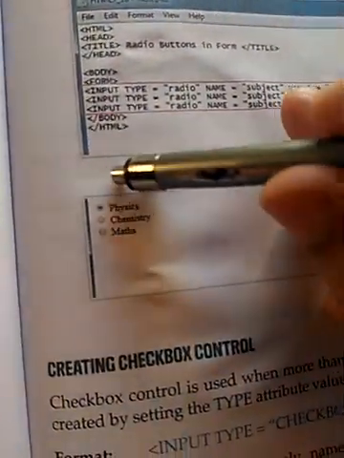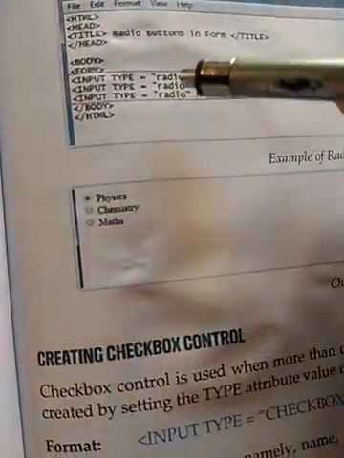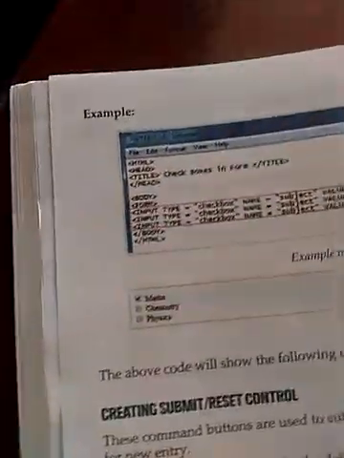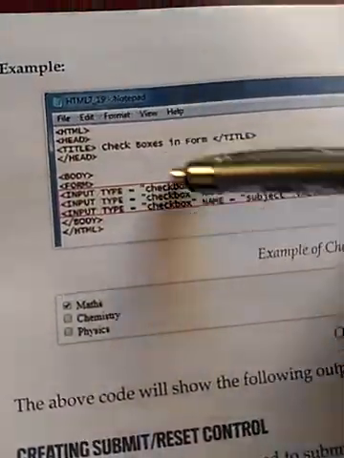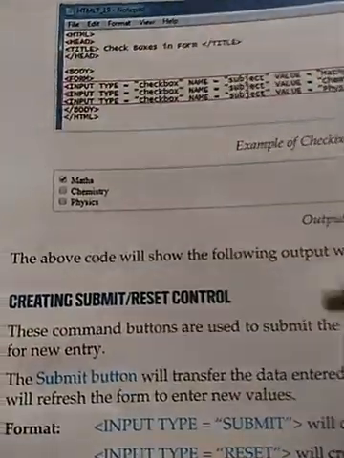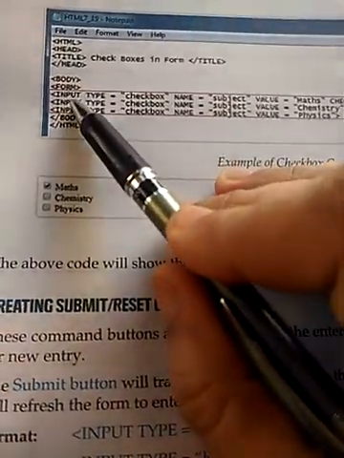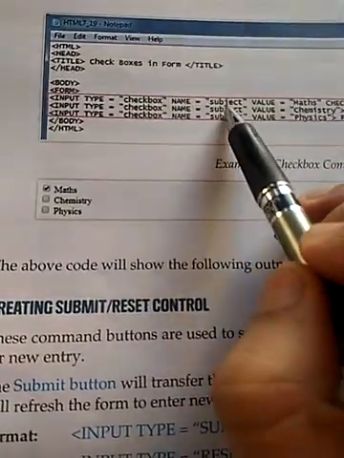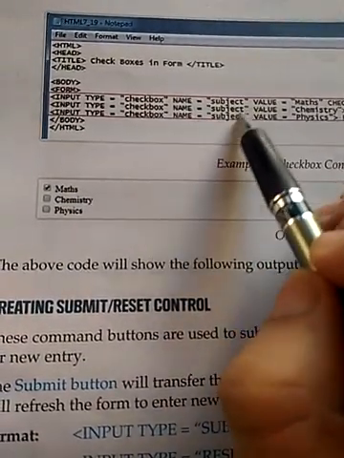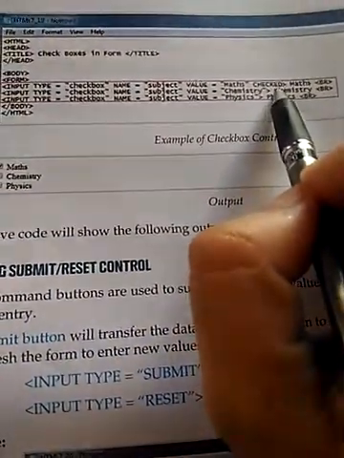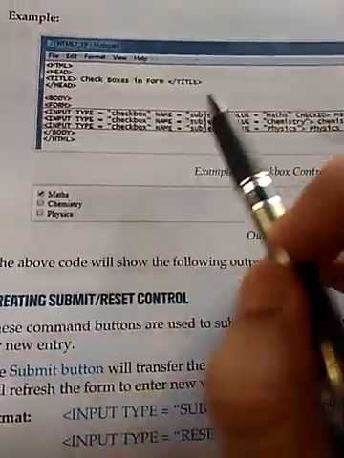So what is the difference? Look at here. This is the radio button and the input type is radio. And this is the checkbox and the input type is checkbox in the same way. So if we want to create this thing, then how can this be done? Input type checkbox, name, subject. Actually this is the name of the control. Then the value. In the same way, checked or unchecked. Input type checkbox, same thing here.